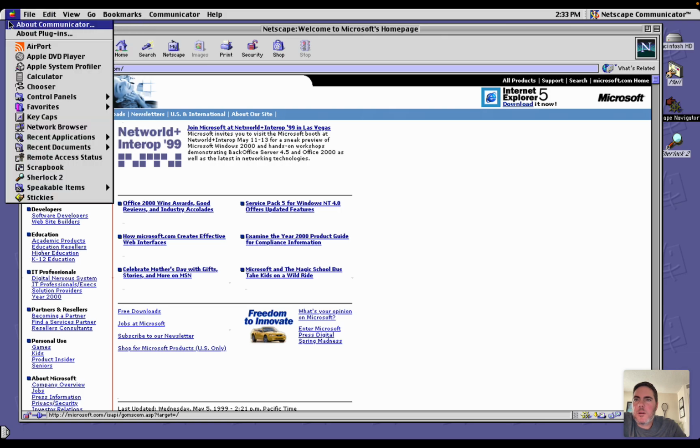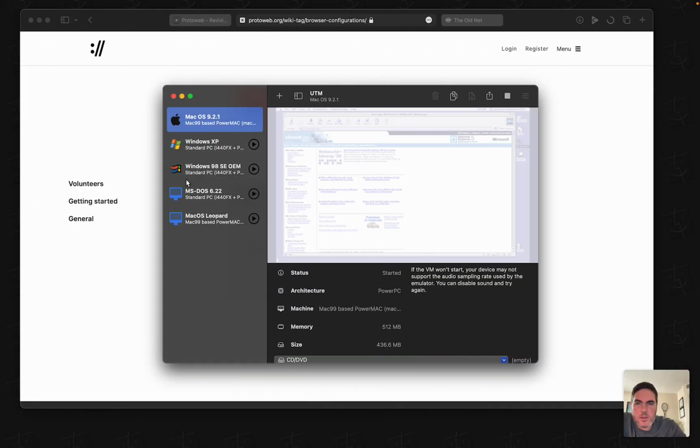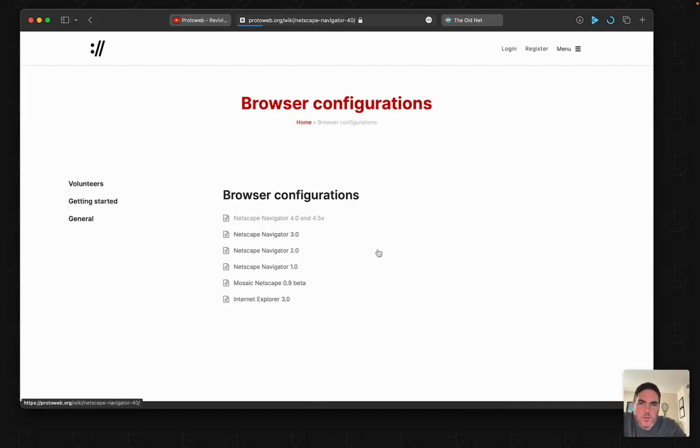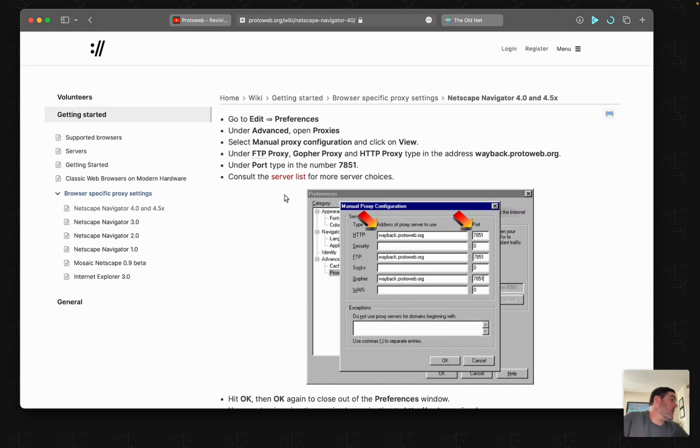Let's go to About Communicator, 4.77. Okay, let's go look at 4.77 here. We'll do 4 and 5 here. So I'm going to have to write some of this down. We're going to do wayback.protoweb.org, and then the port is 7851. And then